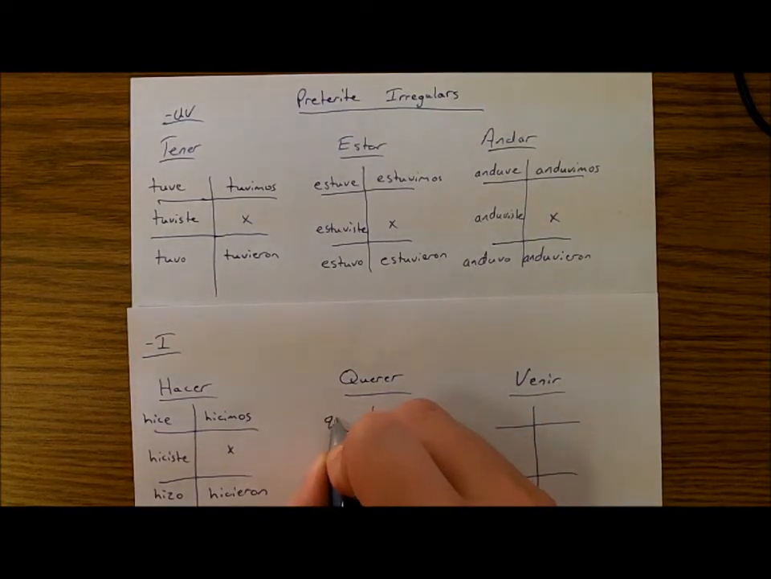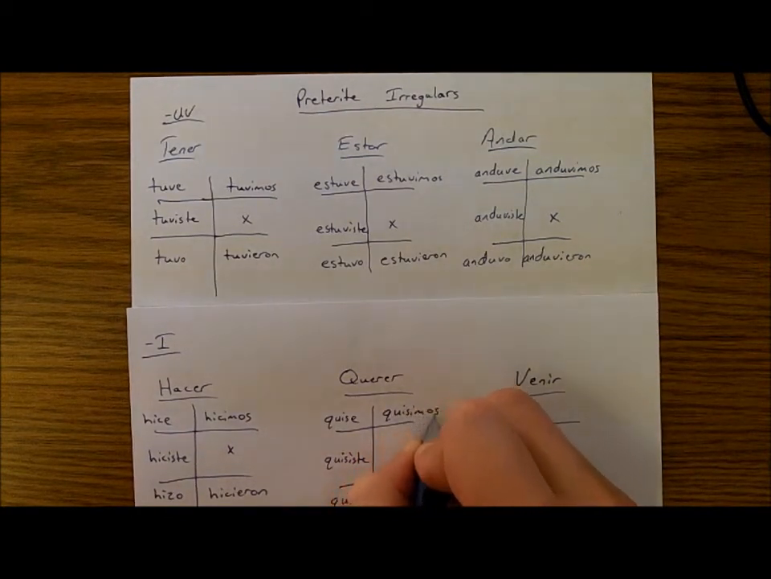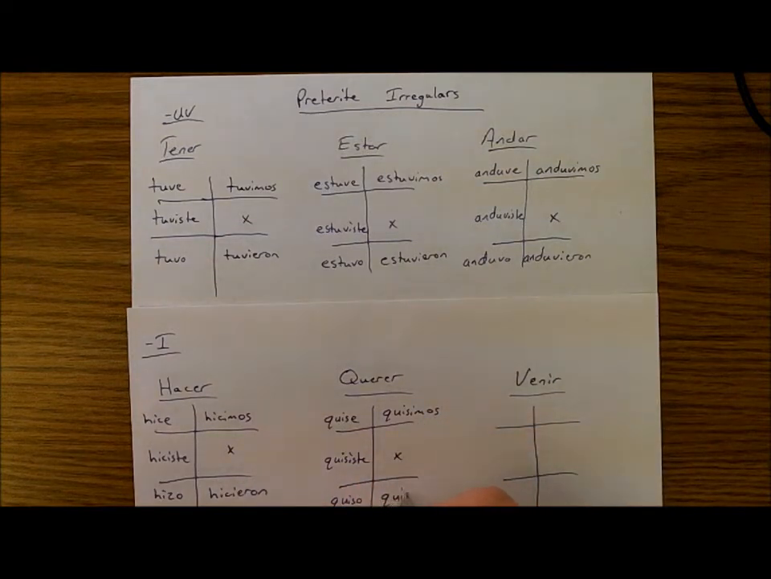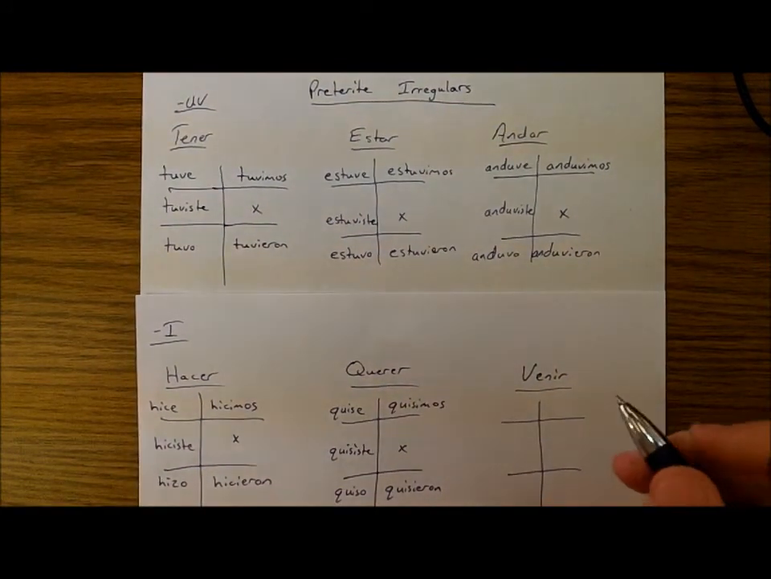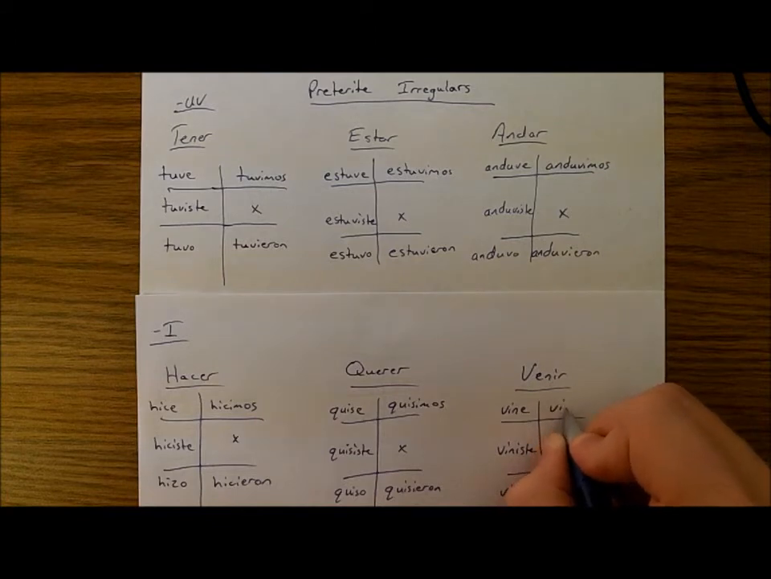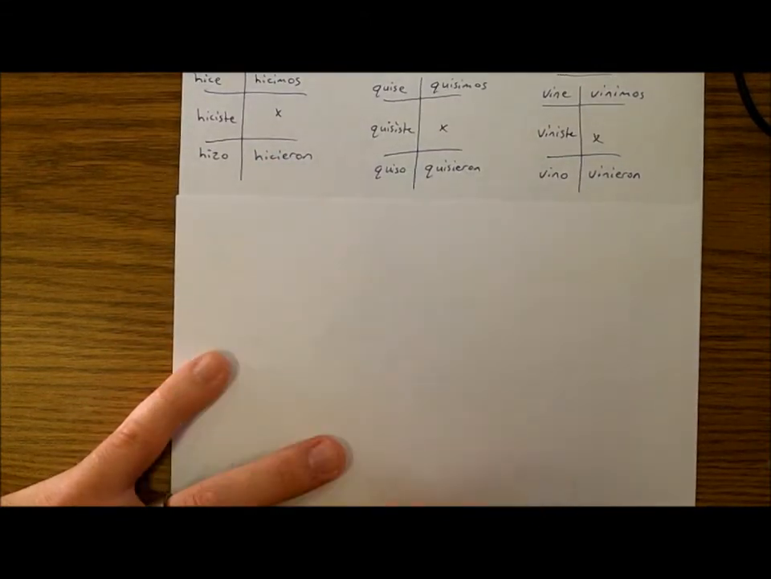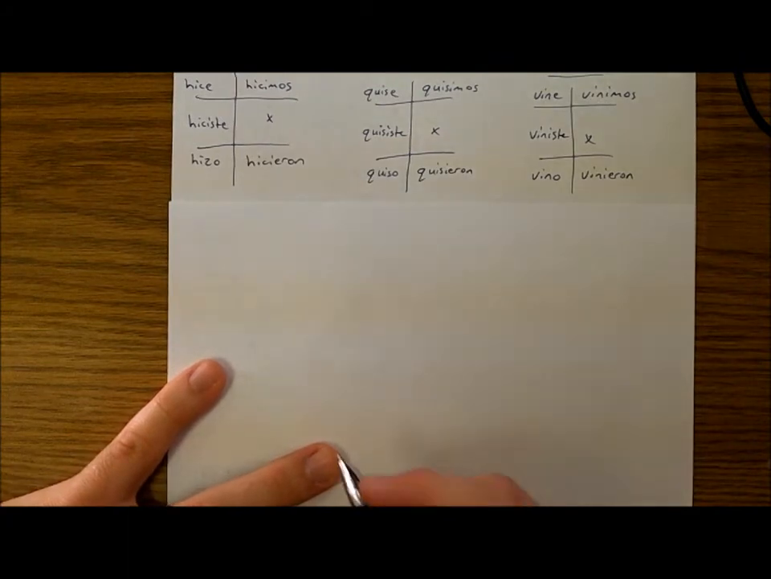In querer we have quise, quisiste, quiso, quisimos, and quisieron. Then over here in venir we have vine, viniste, vino, vinimos, and vinieron. Next category that we have are verbs that have u in the stem, such as